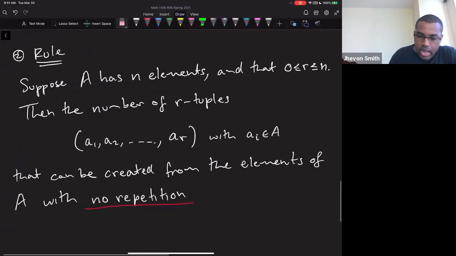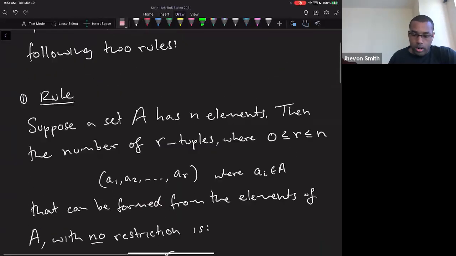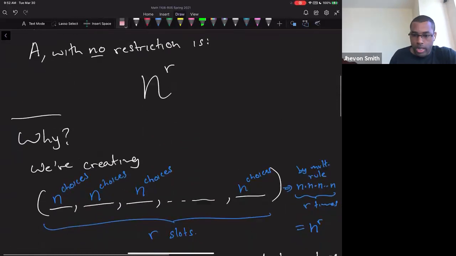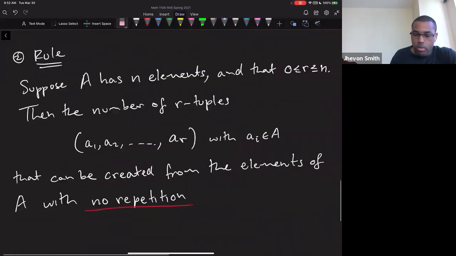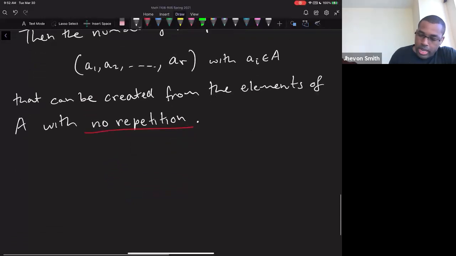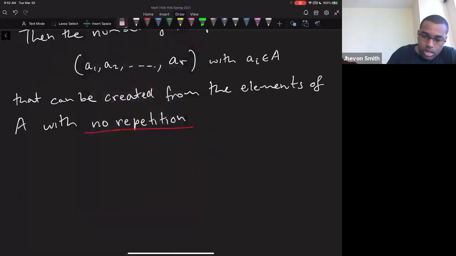So before I gave you the unrestricted number, right? Where there was no restriction, you can pick anything you want. However, now I do give you an important restriction. You're not allowed to repeat. Once you pick a number, you're not allowed to pick it again. Then the number of r tuples that can be created from the elements of A with no repetition is